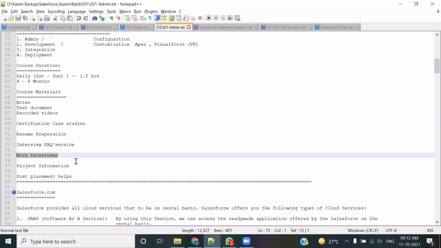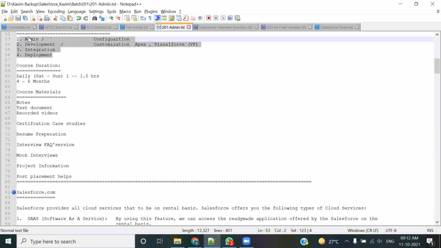Otherwise, these are the people who take your scrutiny and they will decide कि आप कहाँ पर lag कर रहे हो। So mock होते हैं आपके 2 बार, once after the admin and second is after the complete training. So that अगर आप admin के बाद okay हो, I could project you for the admin related opportunities. Mock 2 बार प्लान है आपके, इस ट्रेनिंग पे mock 2 बार होंगे। Once after the admin and second is after the complete training. उसके बाद में decide करें।